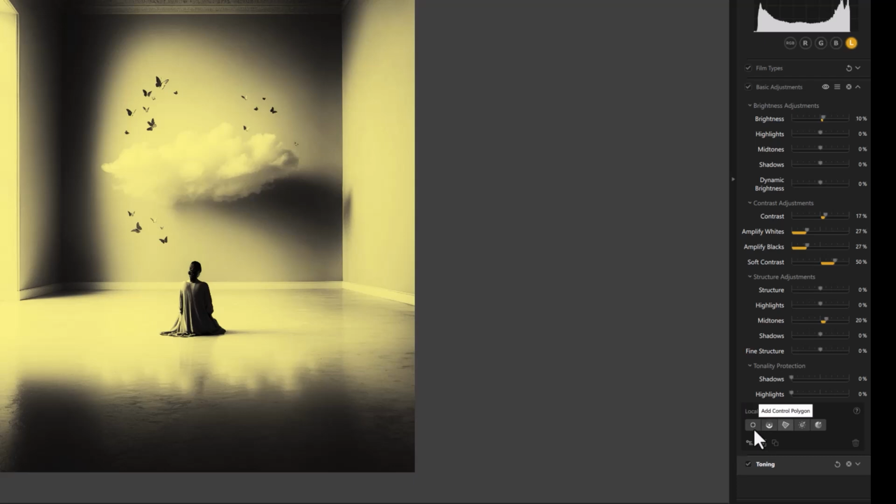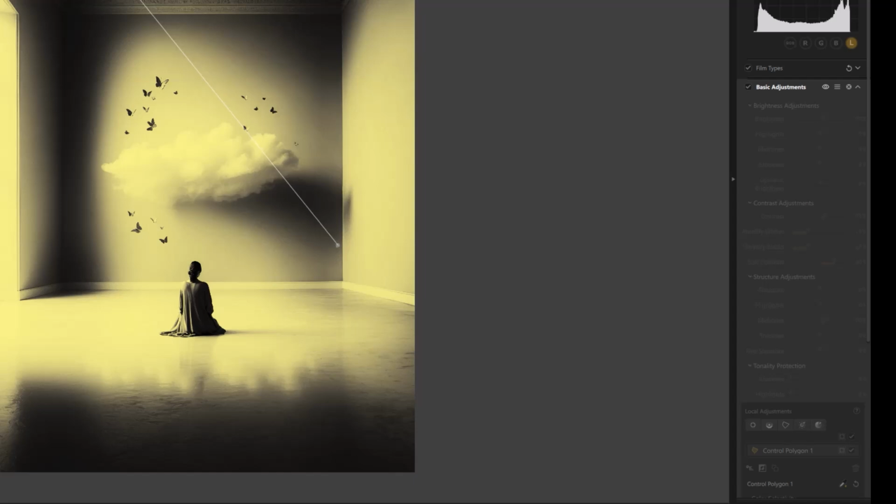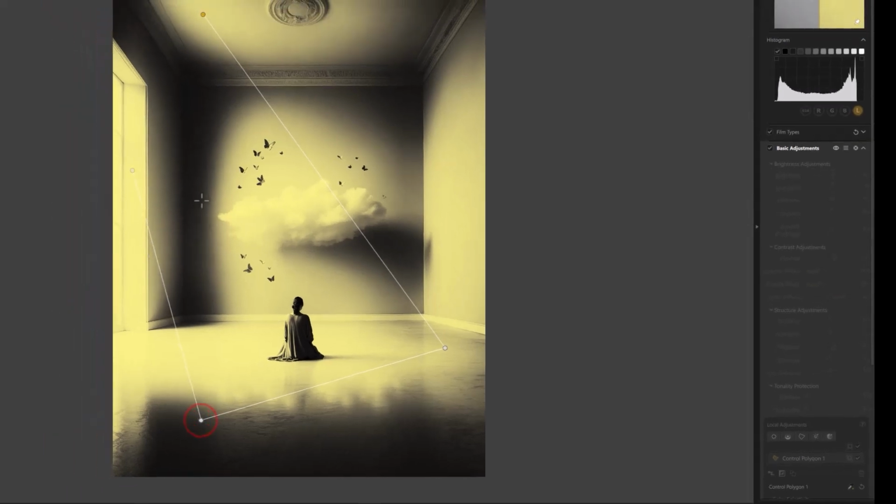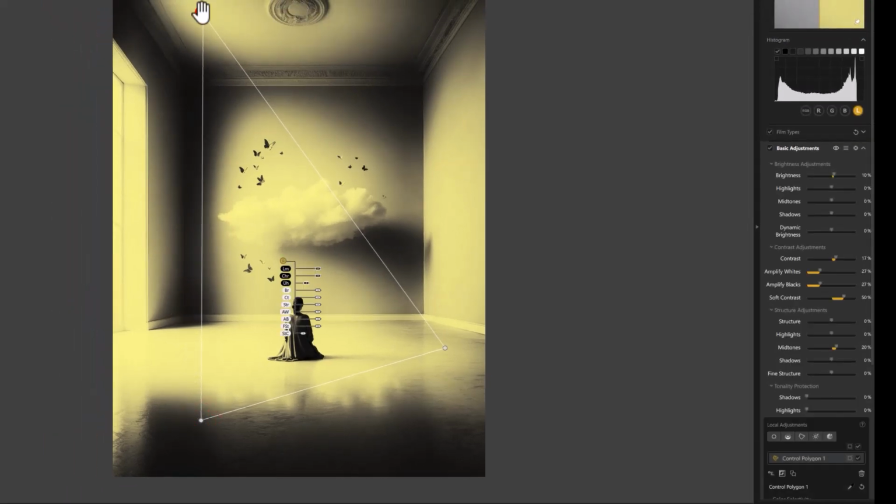I'll click on that, and this is where I do love this, and I use this in my digital art, and I can see it would have been benefit when I was doing landscape photography. I'm going to do one click here. I'm going to come down, just say to here, do one click. I'll draw the line over here, one click, come up to the top and click. Now what that's done is put a control point that I can change brightness, contrast, structure, and all of that